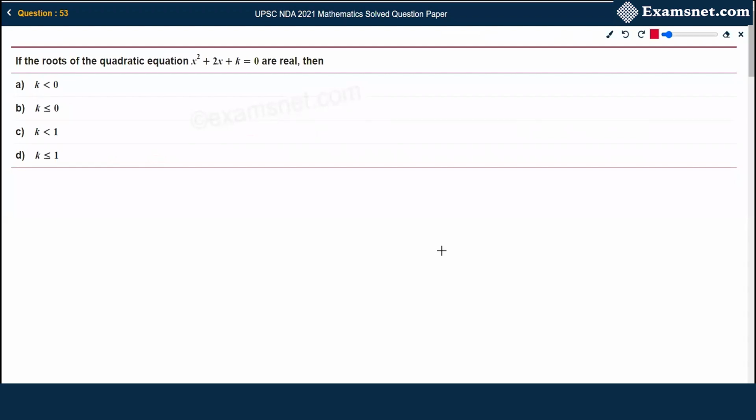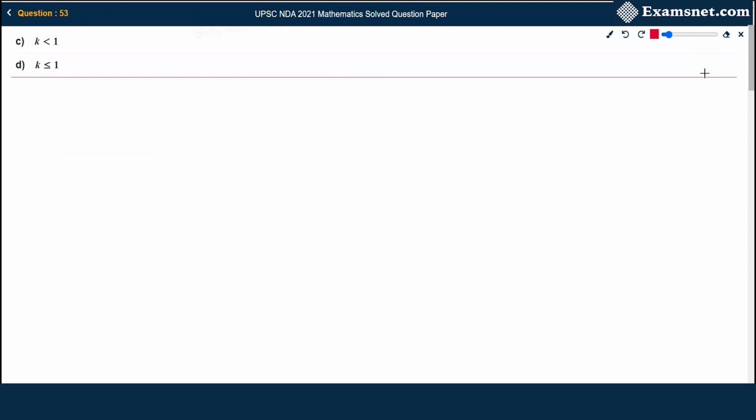In question number 53, it is given, if the roots of the quadratic equation x square plus 2x plus k equals 0 are real, then what would be the probable value for k? Is it less than 0, less than or equal to 0, or less than 1, or less than or equal to 1? So first let's talk about the concept of quadratic equation. Okay, the general form of a quadratic equation,